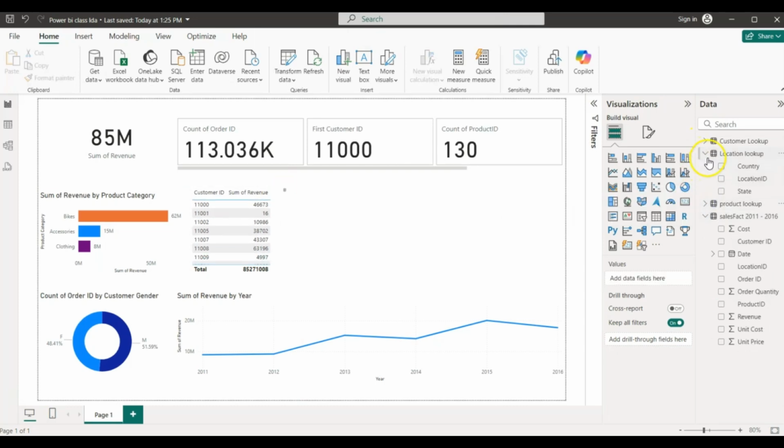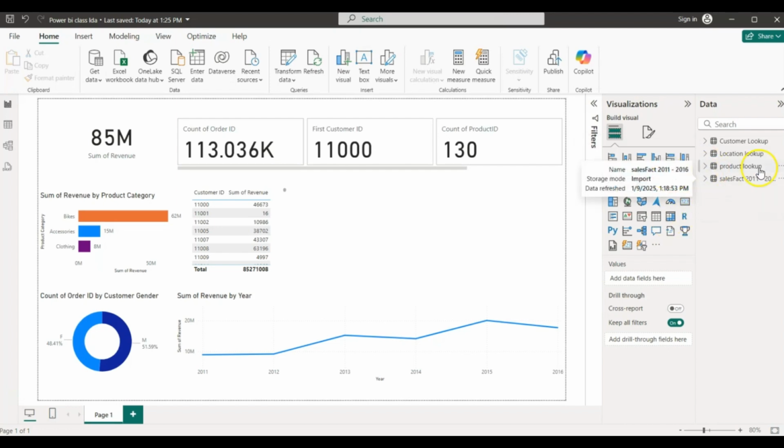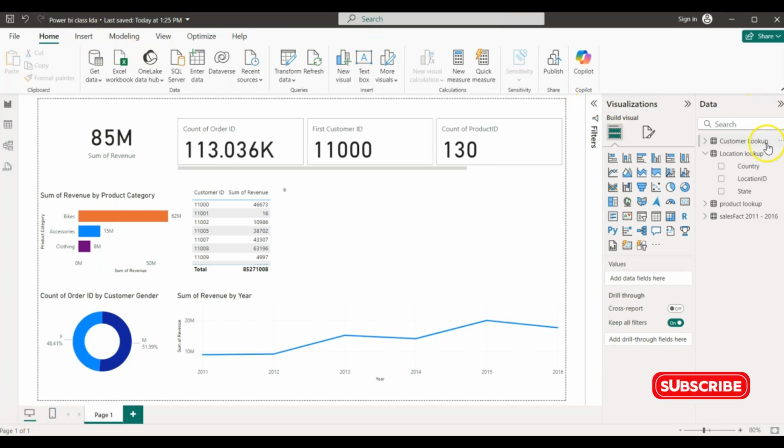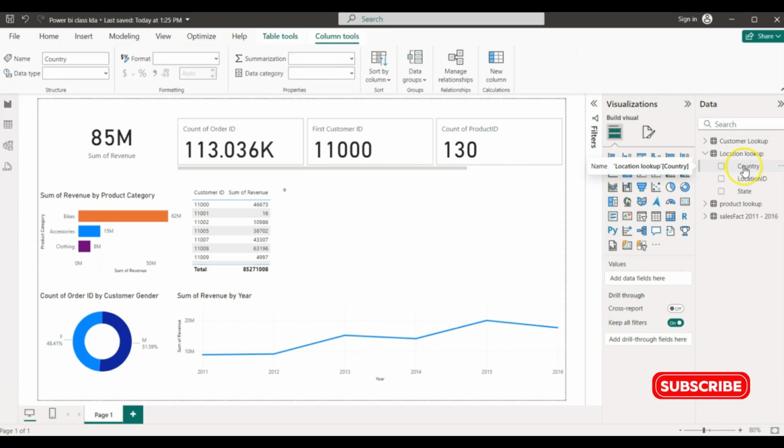When you import your data into the Power BI front end, you'll be able to do some settings, if you have data like location, for example, that you want to set so that Power BI can recognize that it is location. To do this, all you have to do is select the column in that table. Select its country. When I select this country now, can you see we have a column tool that pops up? We have table and column tools. Here in the properties group, we have